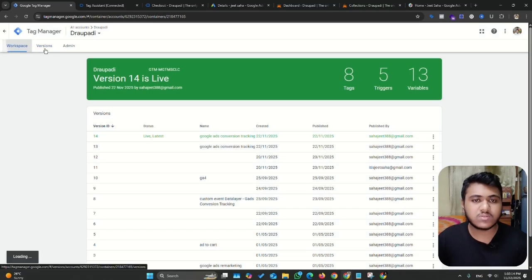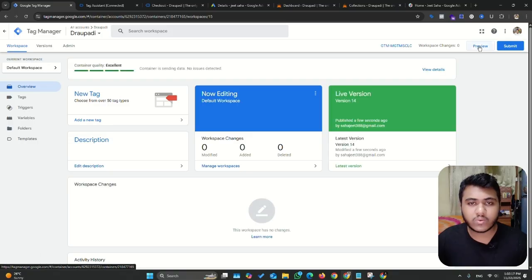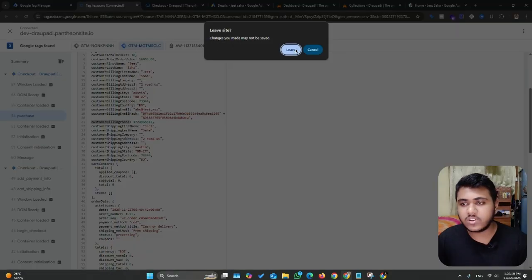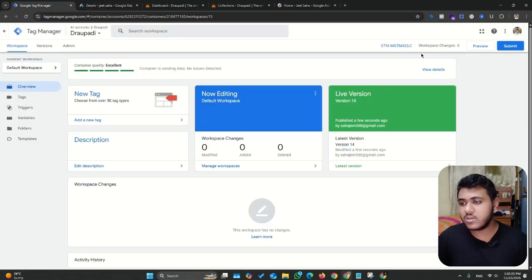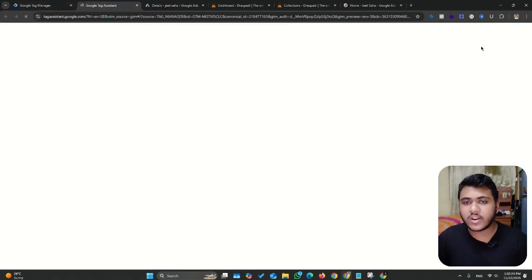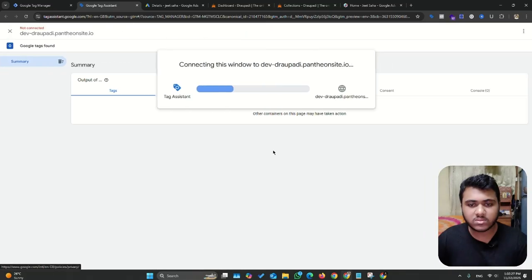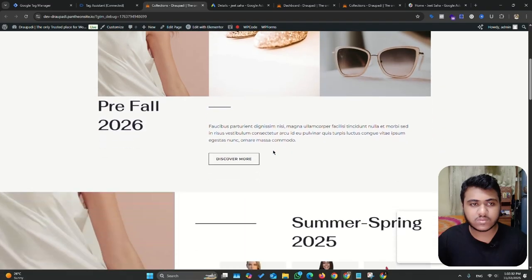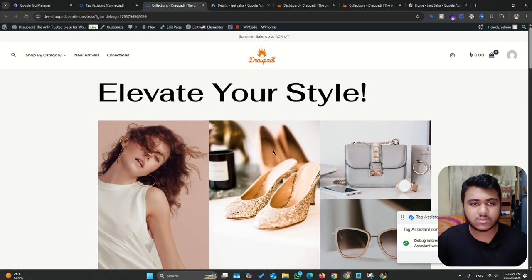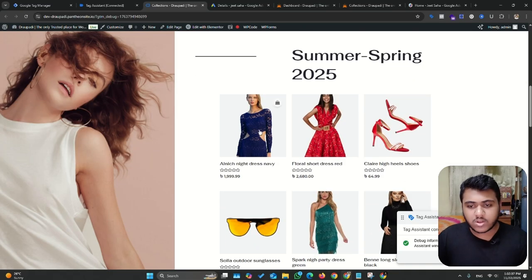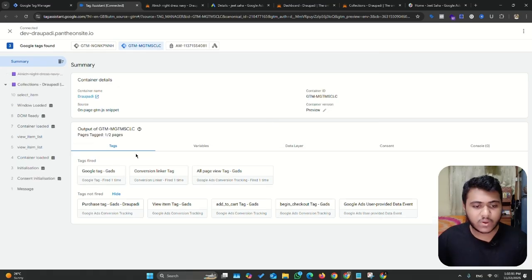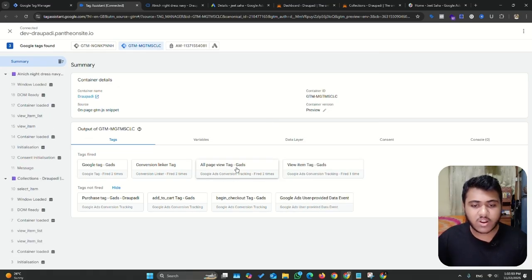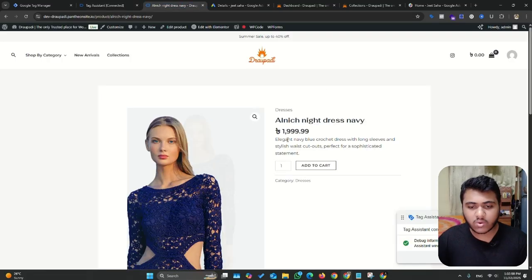After that, we can leave it, and then we can preview this site, then connect our website, then continue. The Google tag conversion linker and all page tag fired already,